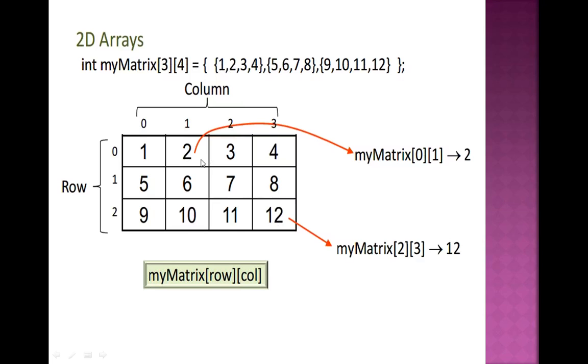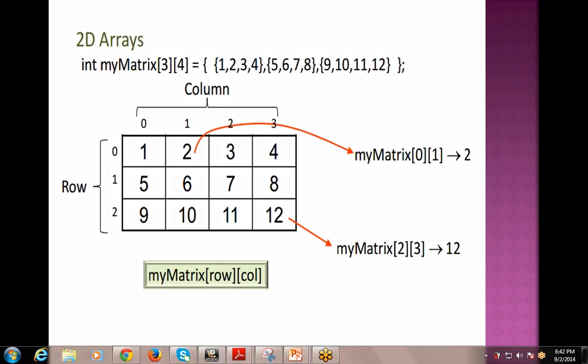This is at 0 1 location, as I told you. So this is my matrix. Here my matrix is the name of the matrix or the name of the array. So this is your name of the array. This is your return type, and this is your name of the array,